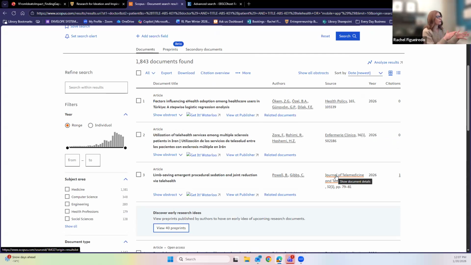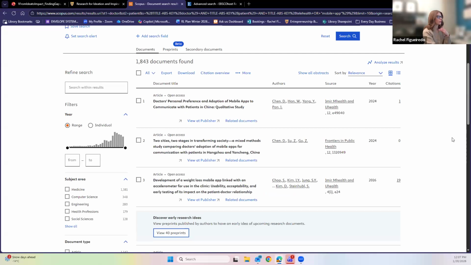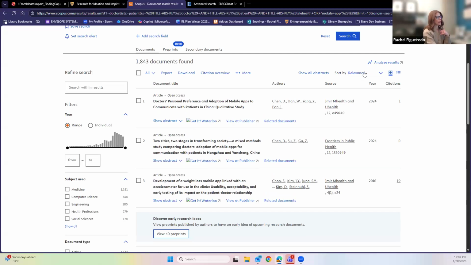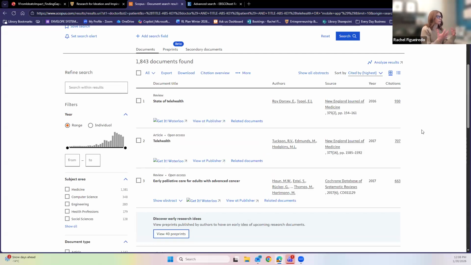So if we're on the results page here, you can see that there's a number of different ways that I can kind of interact with my research results. So I've got at the top, it's sorting my results by the date newest, which is fine. If I want to see the most recent results, that's how most of our search tools would interact with us, right? They're trying to show us the newest content first. But I might want to resort by relevance, or you could even resort by the number of times something was cited. And that's almost an indication of like popularity, for instance, right?